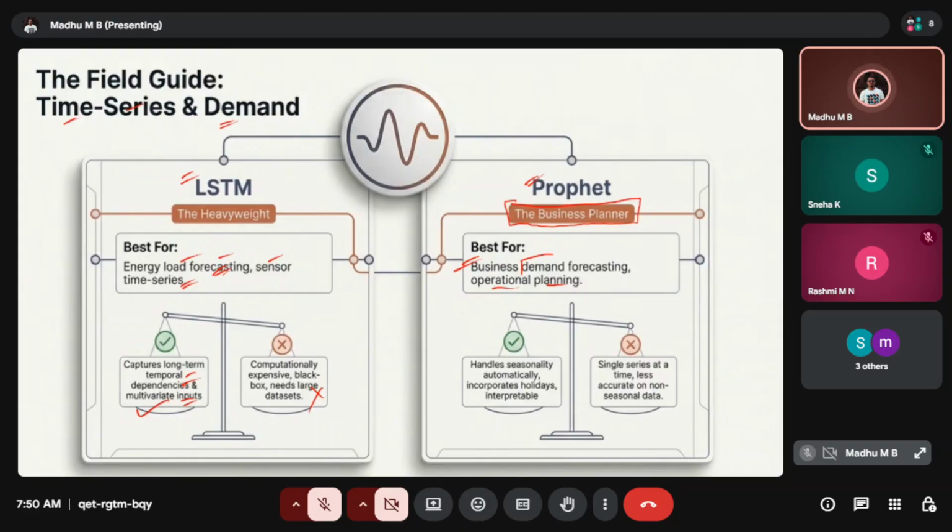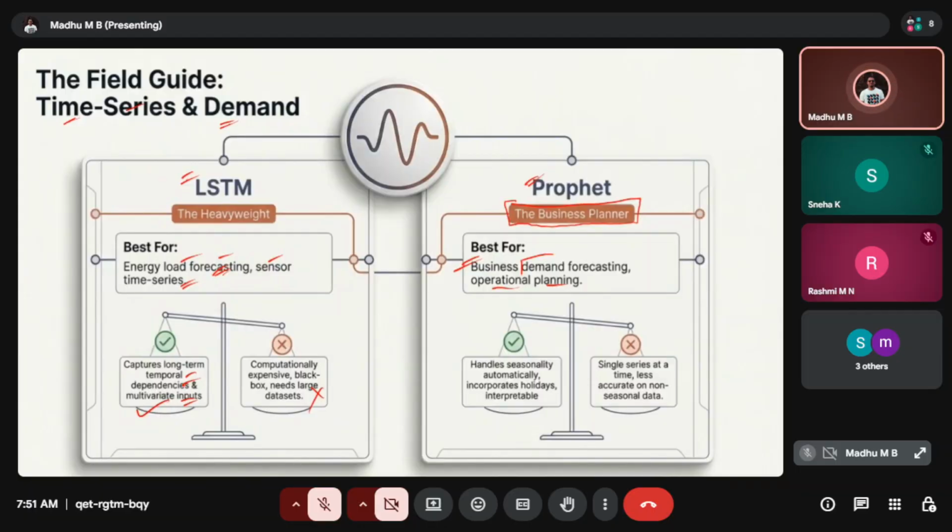Okay, coming to the strengths, right? You see here, it handles seasonality automatically. So when I say this, let's say we have seasonal data coming in. For example, the business always needs the data in terms of quarterly inputs and quarterly analysis, right?